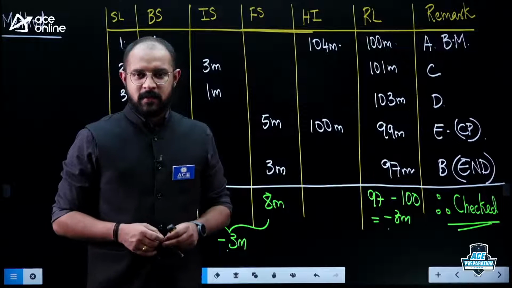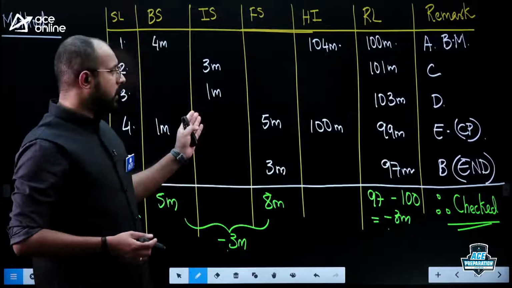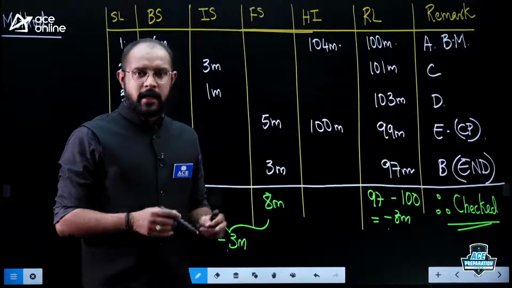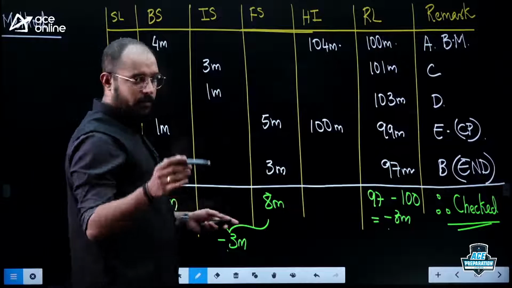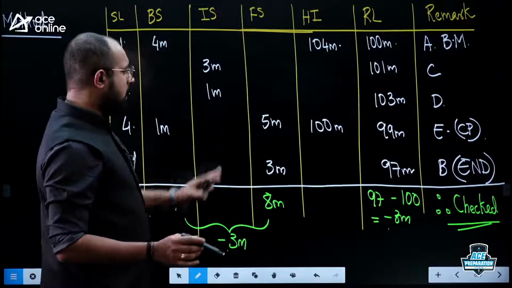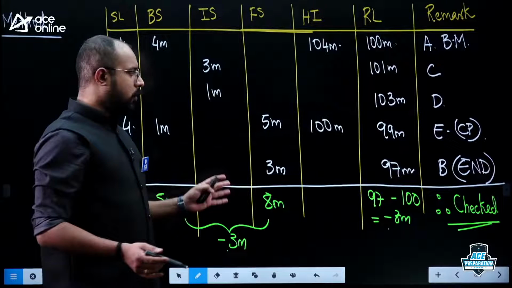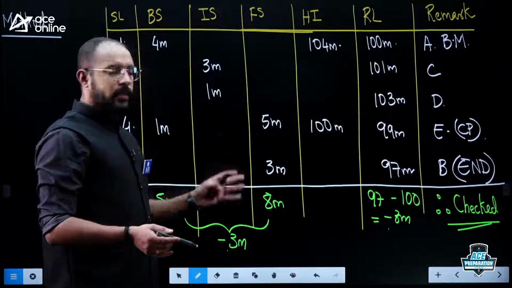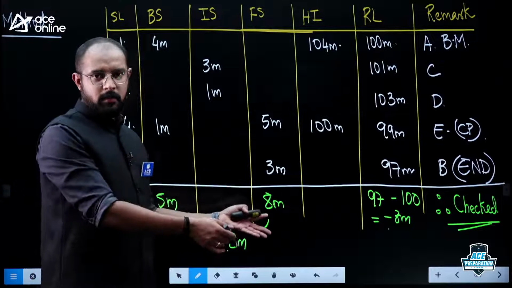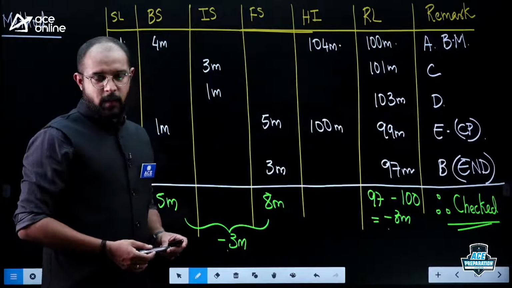Right, so welcome back. We're talking about the method of booking, the height of the instrument method here. I hope you're not having any audio issues. Please check your audio from your side also. Now, from the GATE examination point of view, nobody is going to ask you to do this particular booking method. This is a very important discussion for our engineering services point of view.